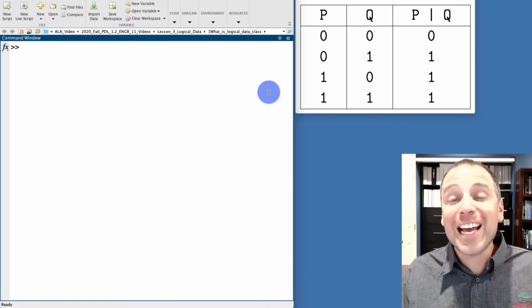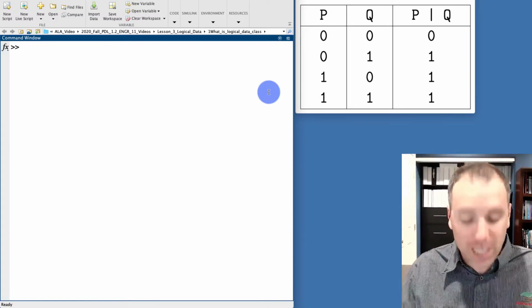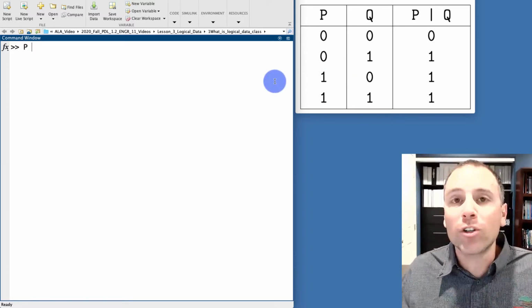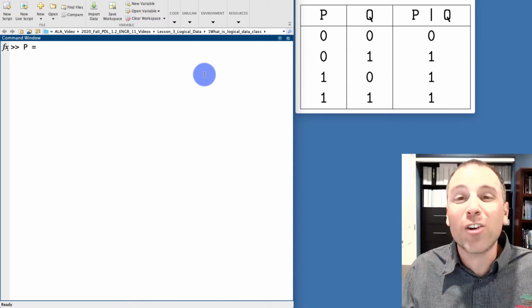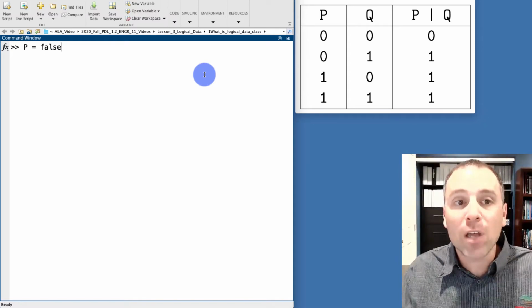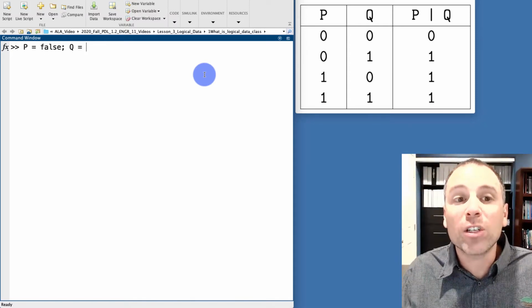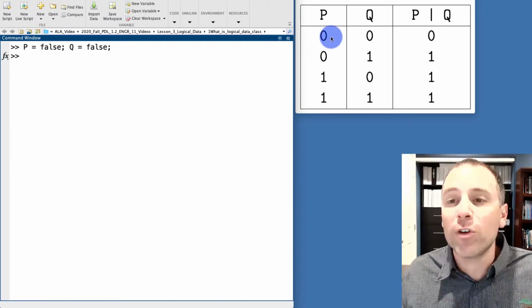Let's get started by testing the OR operator using logical scalars. Specifically, we'll look at different rows of our truth table. Let's start with row 1, and we'll set the logical scalar P to be false. We'll also set the logical scalar Q to be false. Remember, we say that P or Q is true when at least one of those is true.